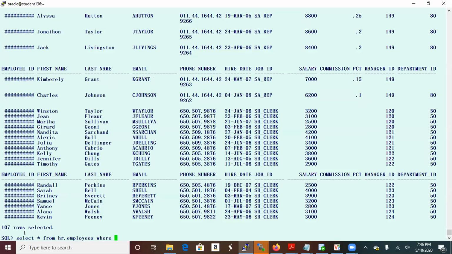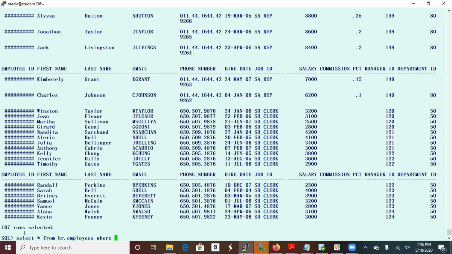Anyone give me, okay, let me find the scenario. So we are looking at the HR employees table. We are looking for people making more than $5,000 and their position is